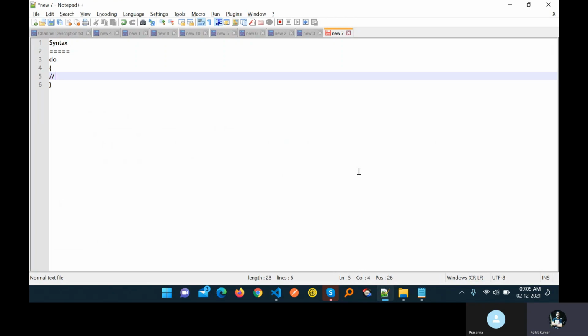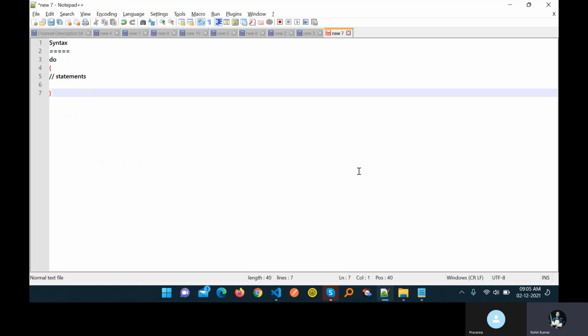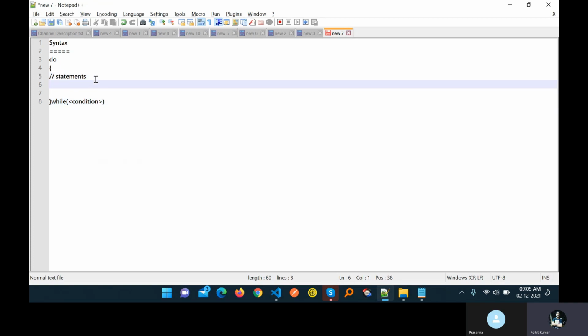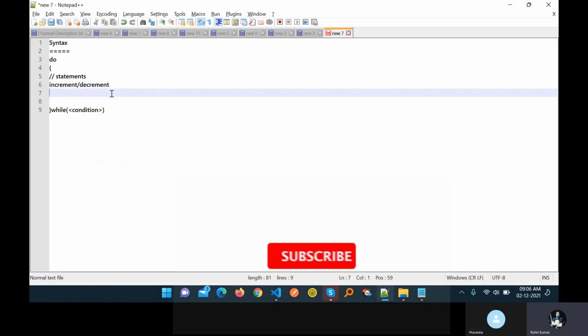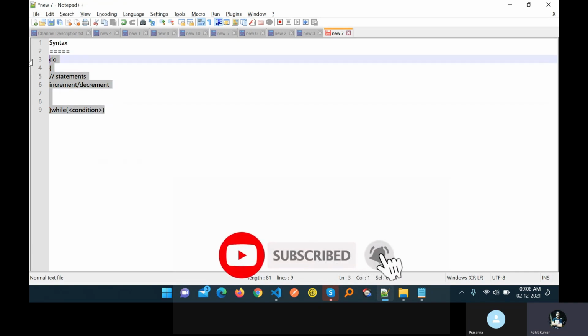Then after that you write statements, and after that while, and here your condition as you want. So this is the syntax, right? Then you can increment or decrement here based on your need, like plus plus, minus minus, right? So this is the syntax of the do while loop.